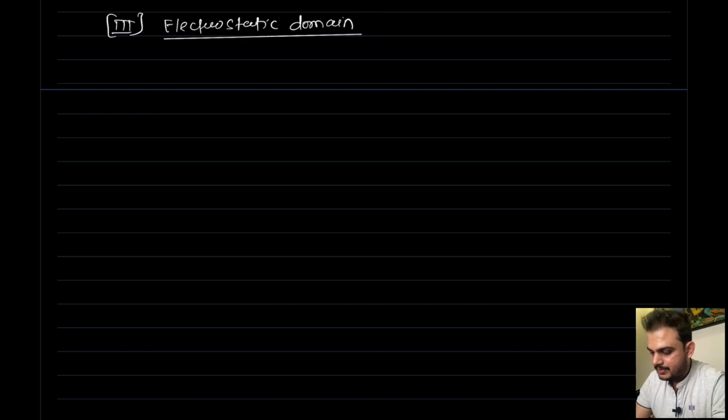In the electrostatic domain, as you can see in the word itself, it is static. Electrostatic here means my charges are in the static position, they are stationary, so they create what? Electric field. Static charges only create electric field but not magnetic field. Always remember, only moving charges will produce magnetic field. So whenever I am talking about the electrostatic domain, I am talking about the capacitor. Capacitor is also called the condenser. Why is it called a condenser? Because charges are getting condensed on the plate of the capacitor.